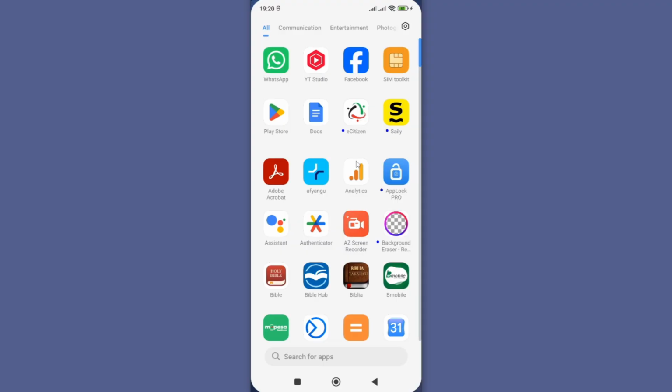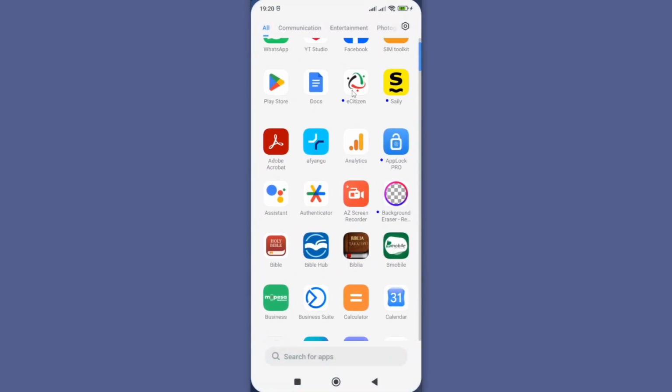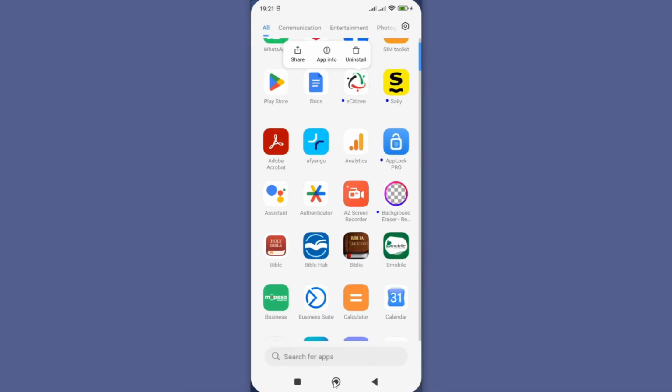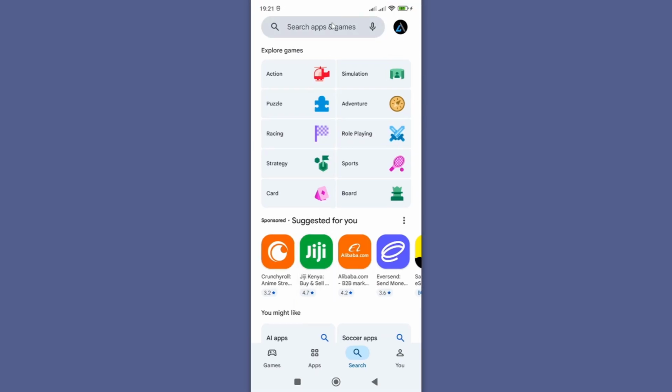Now to get started, you need to go to your apps, open your apps, and you should see Ecitizen here. To uninstall, just long press on it and you should see we have the option to uninstall. However, if you don't see this option, then you need to go to Google Play Store and just search for